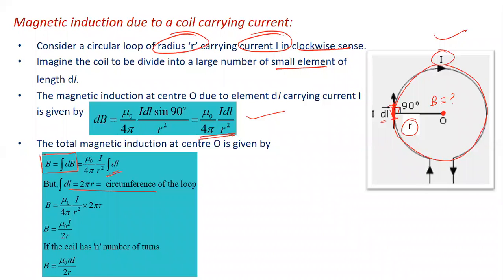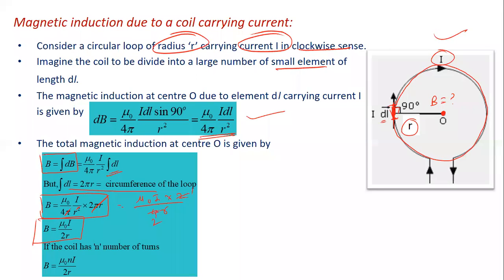So let me substitute here. We get magnetic induction equal to mu 0 upon 4 pi I upon r square into 2 pi r. Now we cancel the common terms. One r from r square gets cancelled with r, and pi and pi get cancelled. So the remaining term is mu 0 I multiplied by 2 divided by 4R. Now 2 2s are 4, so we get 2R below. So we get the formula mu 0 I divided by 2R.